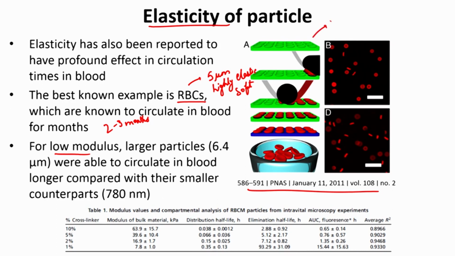So, in this case this is their template, and what they have done is they have a pre-polymer mixture, they roll this pre-polymer mixture to fill these templates and then cause the polymerization to happen, and then they can dissolve this template itself to get your individual particles. And as you can see, the particles are fairly disc shaped,